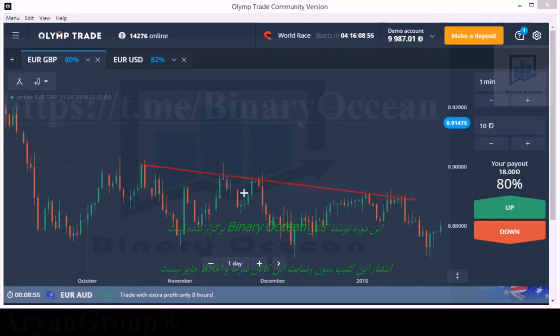Okay, here there is a seller's entry point, and the trend is also a downtrend. This is a seller's entry point, and we need to see the buyer's entry point too. Okay, here we are seeing a buyer's entry point. So this is the buyer's entry point, and this is a seller's entry point. So if you want to enter here,